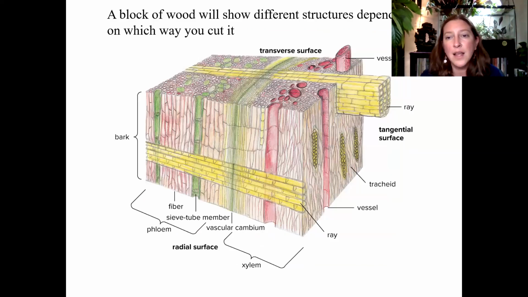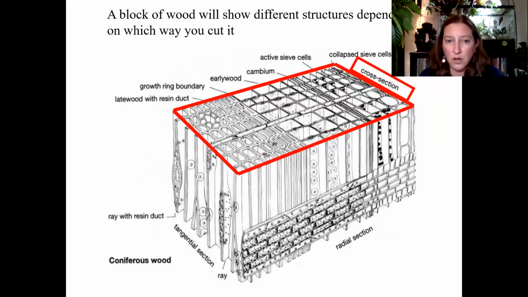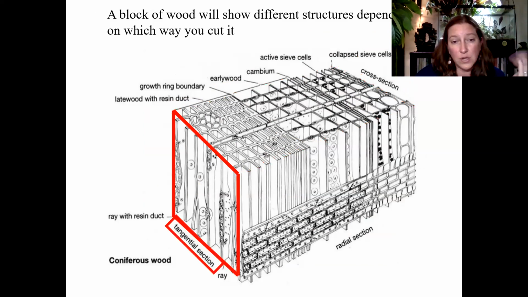If you were to do that, these are the types of structures you would see, right? Let me show you something that you know already, for example, early wood. All this here is your secondary xylem early wood. Don't worry about that. I'm just trying to show you that what you'll see when you cut it will look different ways. So that's what it looks like if you do a cross section. If you do what's known as